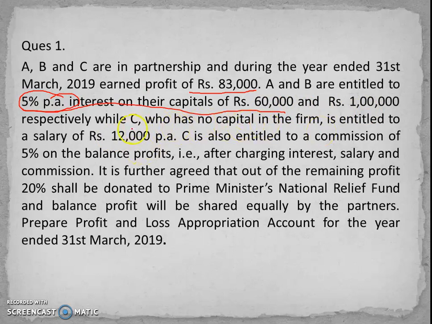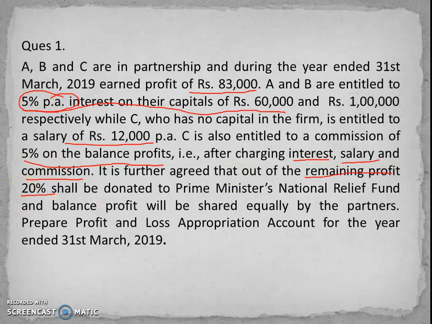And C is also entitled to get 12,000 per annum as a salary. Now, the commission which C would be getting is 5% on the balance profits. So, whatever the amount you are giving as the interest, the salary, after charging the interest, the salary and the commission, whatever amount will be remained, then C would be getting 5% on it. The remaining profit,